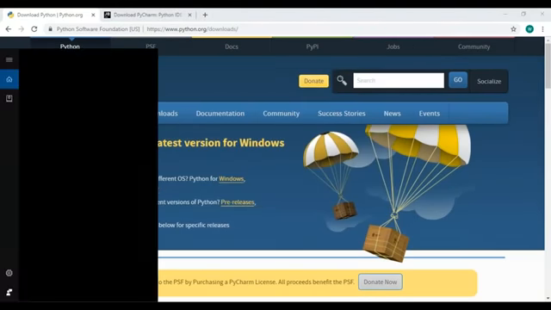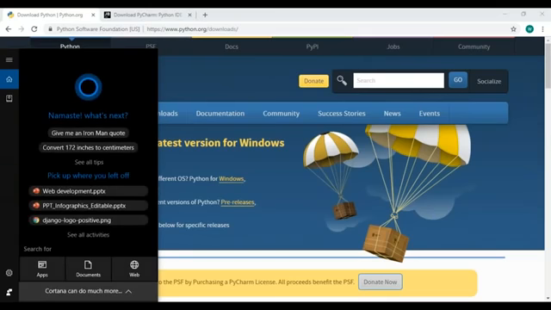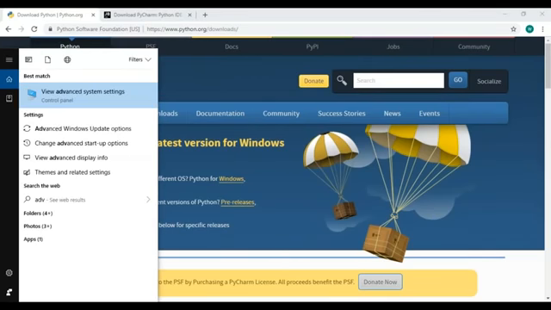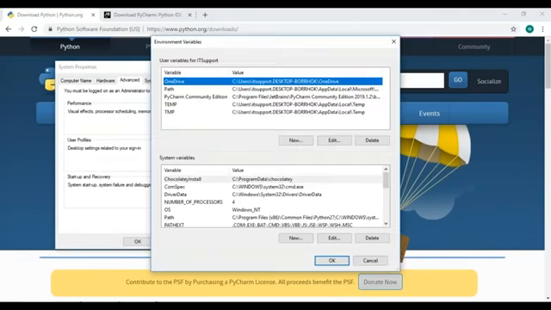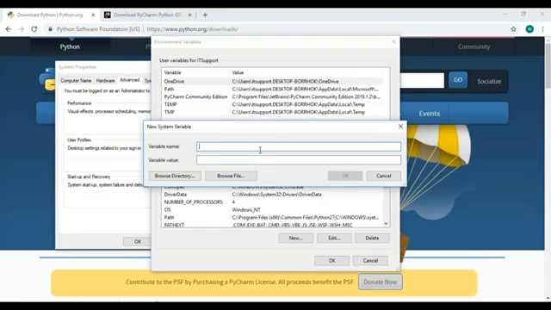Okay, so after installing this on your PC, go to the Advanced System Settings. Choose the option of Environment Variables, and over here choose the new option and give the name as Python_home. For the value of this variable, you'll have to copy the path of where Python has been installed on your PC.